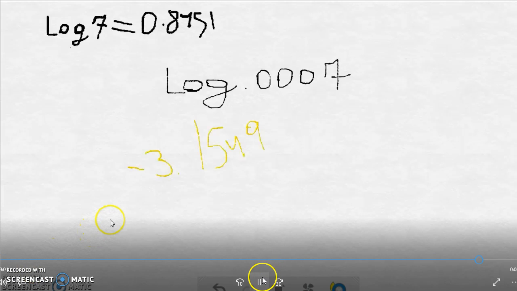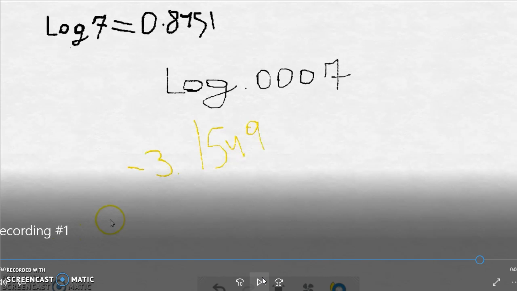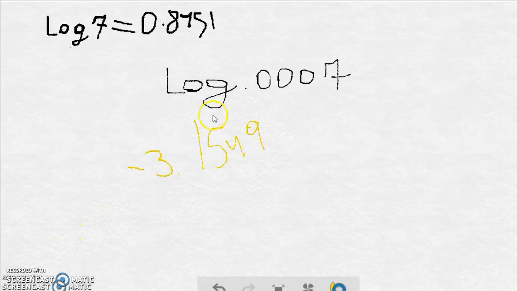So the answer is negative 3.1549. Now, if you got this,